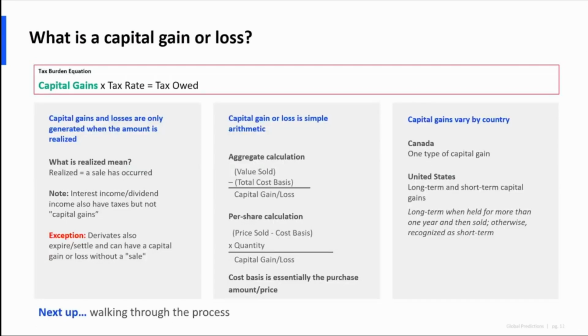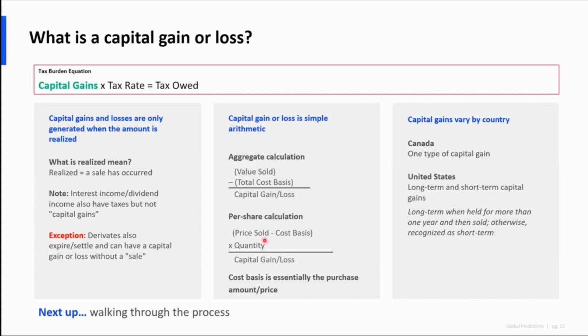Okay, so capital gains and losses are only generated when the amount is realized, which we just went over. The way that you actually calculate it has to do with how much money you've made or lost in aggregate. And there are really two ways to do it. So let me get my laser pointer out here. You can either think about what's the total value that I sold of a particular stock and subtract the total amount that I paid for that stock or security. Or you can think about it on a per share basis,